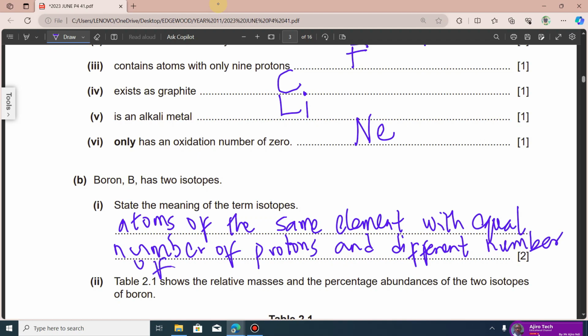Now, isotopes, of course, will have the same